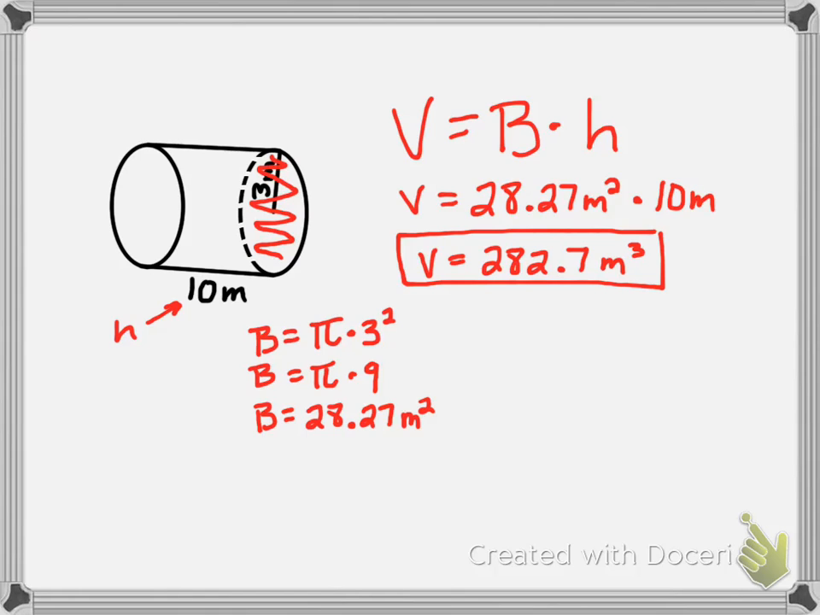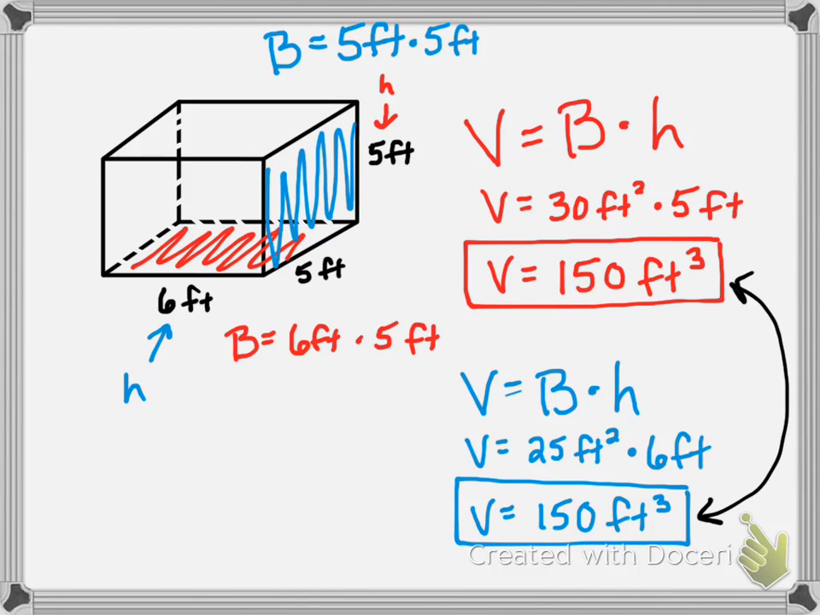Now, I do want to go back and let you know that some people like more specific formulas. They like a formula for each prism and the cylinder. Okay, so I'm going to show you those as well. Okay? But they'll make perfect sense if you understand the formula we've already used. Okay, so for a rectangular prism,